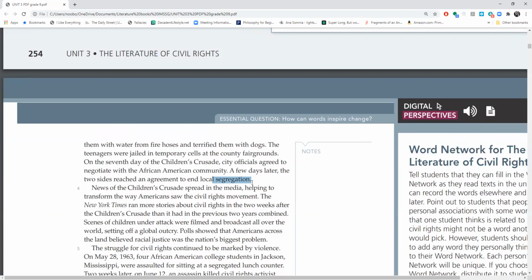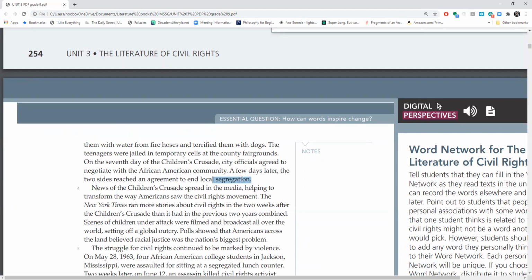So for example, drinking fountains, just being able to drink water publicly for free. The white people would have their drinking fountains, and Black people were not allowed to use the white people's drinking fountains. They had to use a drinking water fountain that was separate. They also were not allowed to use the same bathrooms. If you went to a cafe, it would have a bathroom for white people only, and maybe a bathroom for Black people, or maybe no bathroom for Black people at all. Even some cafes would not allow Black people in at all.